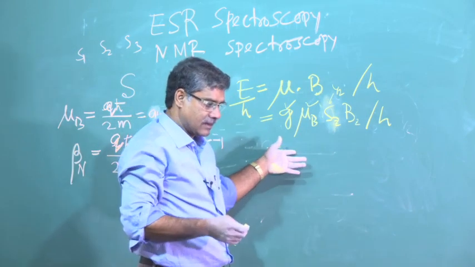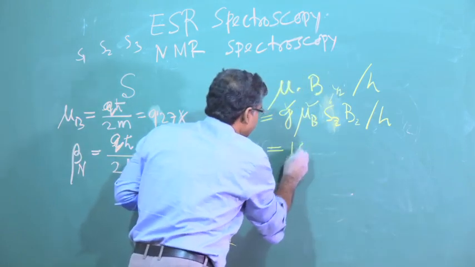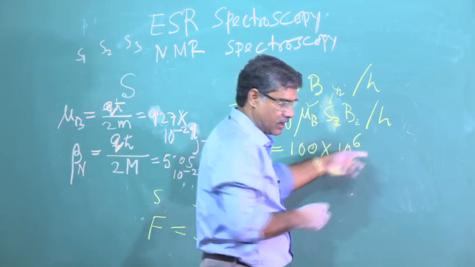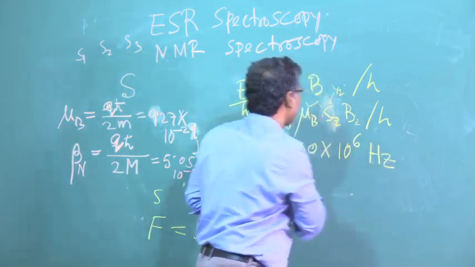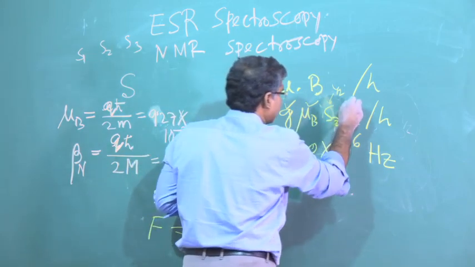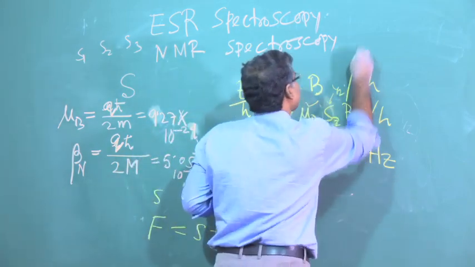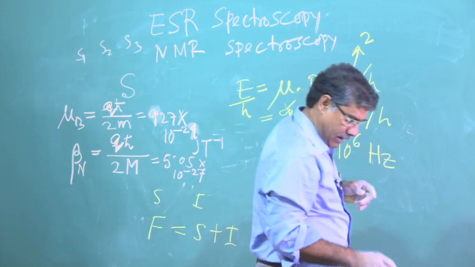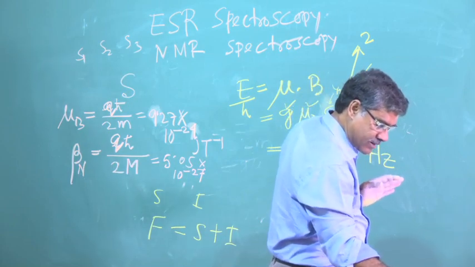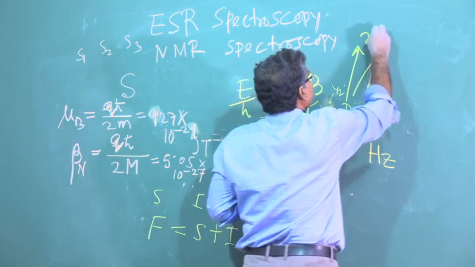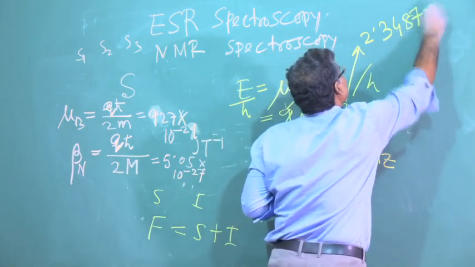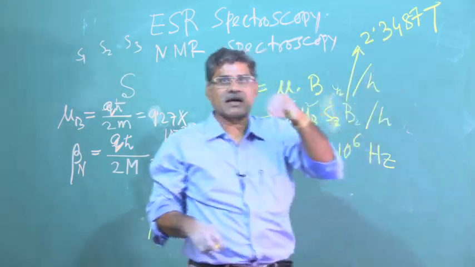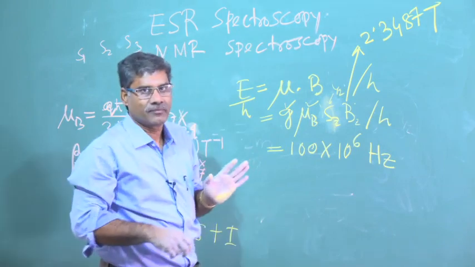That frequency comes to 100 into 10 to the power 6 hertz if this magnetic field Bz is 2.3487 Tesla. So, 2.34 or 2.35 Tesla if you apply a magnetic field,